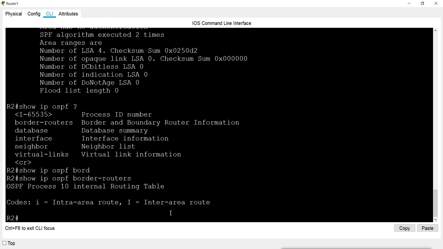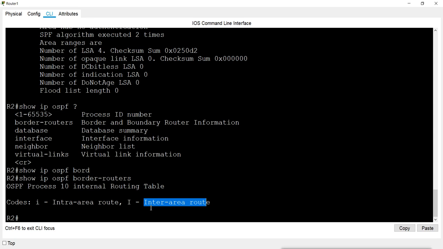Now it is showing here no border routers. When I run this command, it shows OSPF process ID 10 internal routing table, and it says that for code, a small i means intra area route, and a capital I means inter area route.